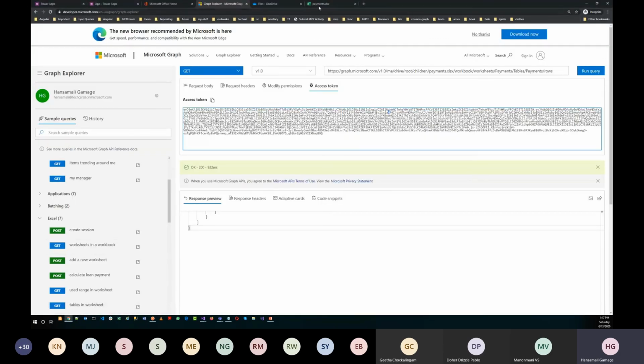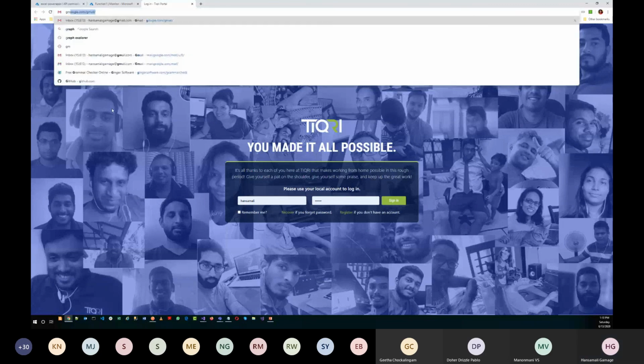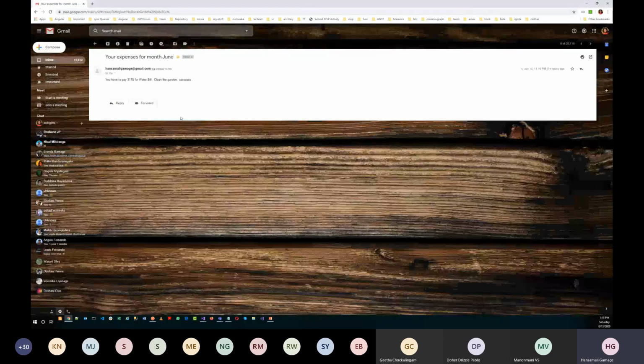So from here you will be able to check the email message that's generated by reading your expenses from the Excel file. If I move to my email box, I may have gotten the email previously. Sorry, I have to open my email box again. So this is the email message that I got previously, actually yesterday night when I was checking.